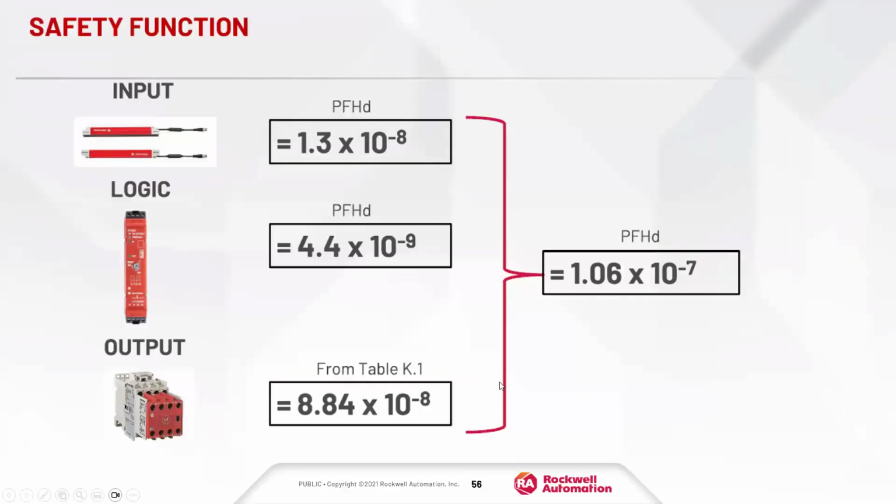So that's just an example of a safety system. Safety function, we call them. It's an input device of some kind. Here, it's a light curtain. Something has to make a decision based on those inputs. That's your logic device. Could be a safety relay or a safety PLC. And then we have an output device, a contactor in this case. And you can see the